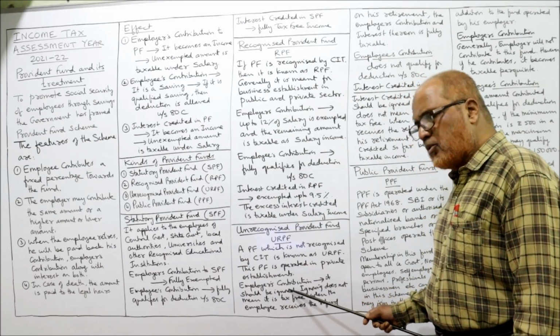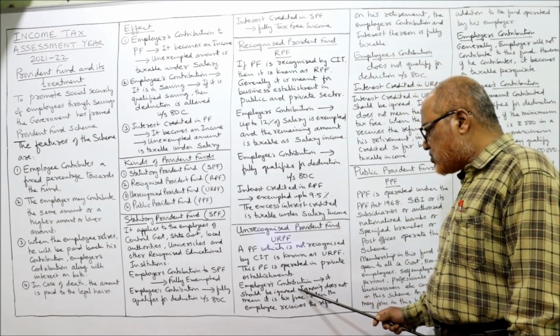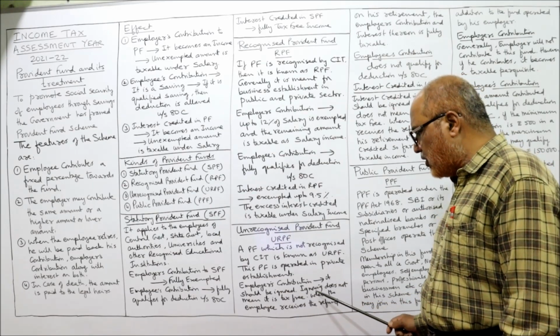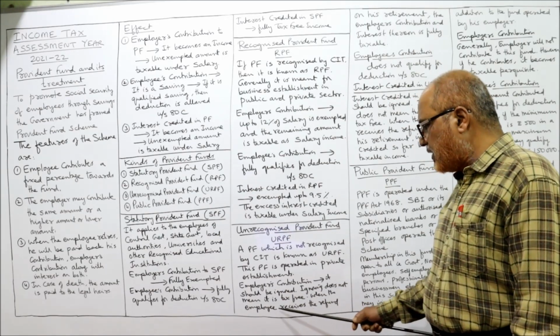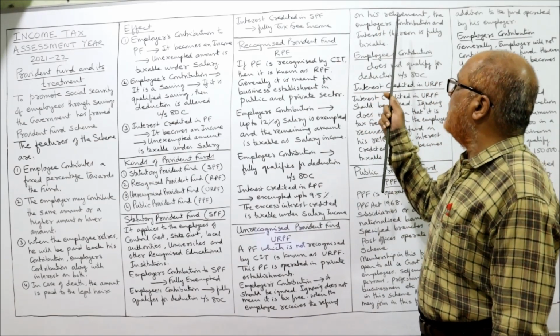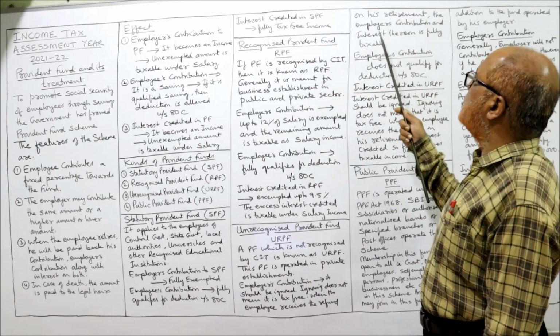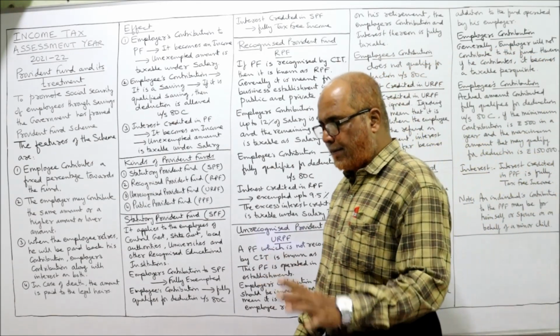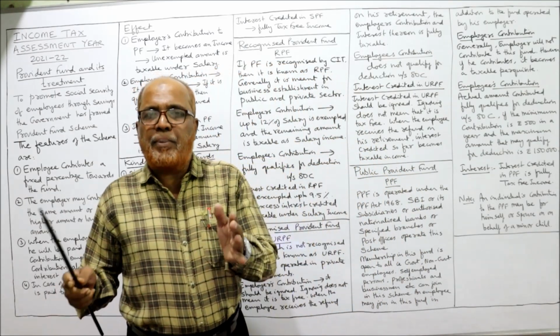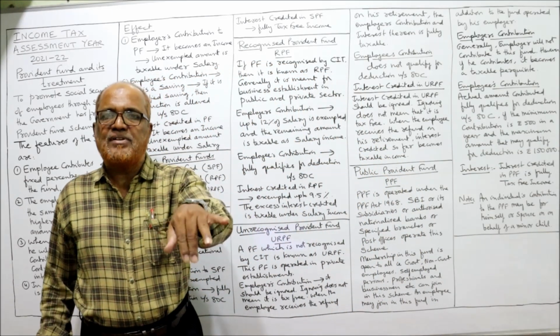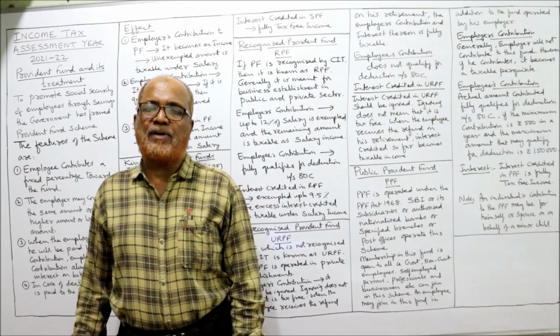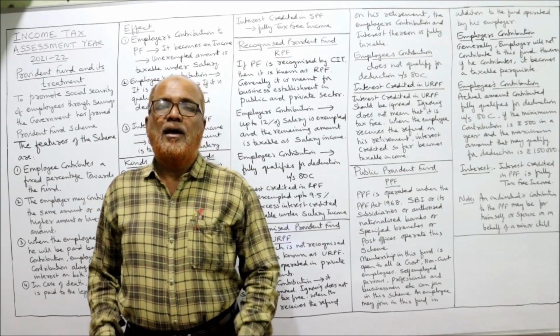First of all, the employer's contribution should be ignored. Ignoring does not mean it is tax-free. When the employee receives the refund on retirement, then the employer's contribution and interest thereon will be taxable. Now see, if you are working in a private establishment where URPF, unrecognized provident fund, is applied,